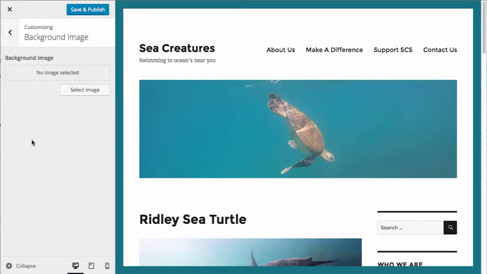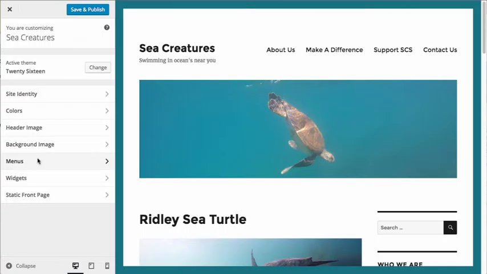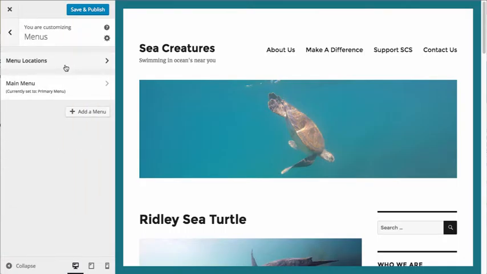The next option I have is the background image. You can also set your image to be a background image instead of a solid color. We're going to leave that at a solid color, so I'm going to ignore that setting. Menus allows you to control the menus, and all of these settings are going to be controlled via the theme